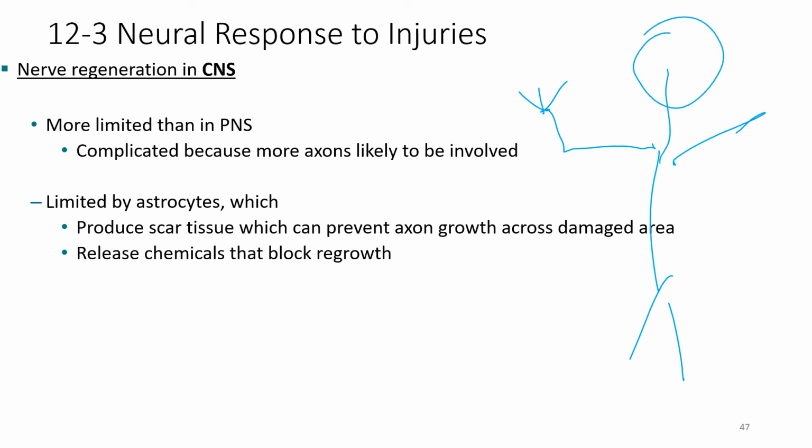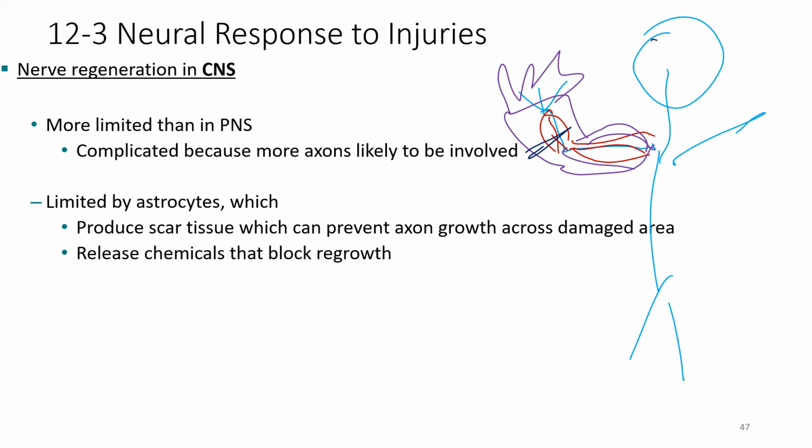In our peripheral nervous system, we have just a small number of nerves running through, say, within our arm. It's not completely packed with nervous tissue. We just have those peripheral nerves running through. So if we get an injury here, we might just be injuring one or two peripheral nerves,